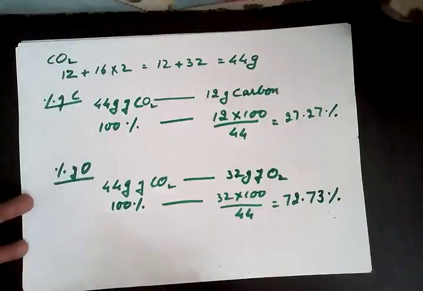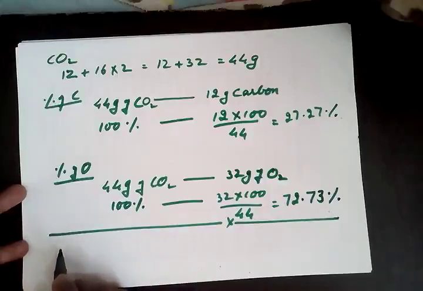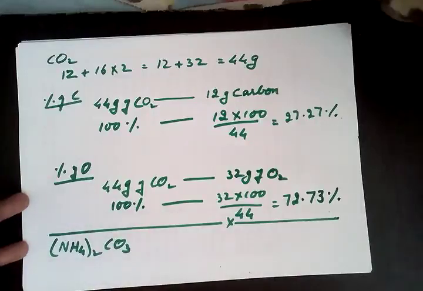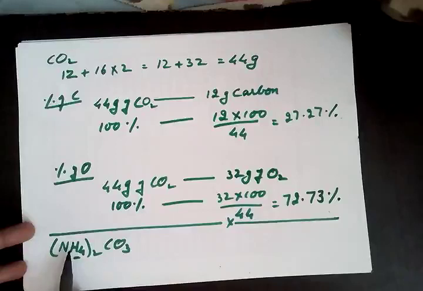We may also ask you a little more complicated question, for example ammonium carbonate, and ask you the percentage composition of hydrogen only. What you'll do is find the molecular mass of the entire ammonium carbonate. 4 twos are 8, 8 into 1, that is 8 grams of hydrogen. Based on that, you calculate the entire hydrogen that is present.